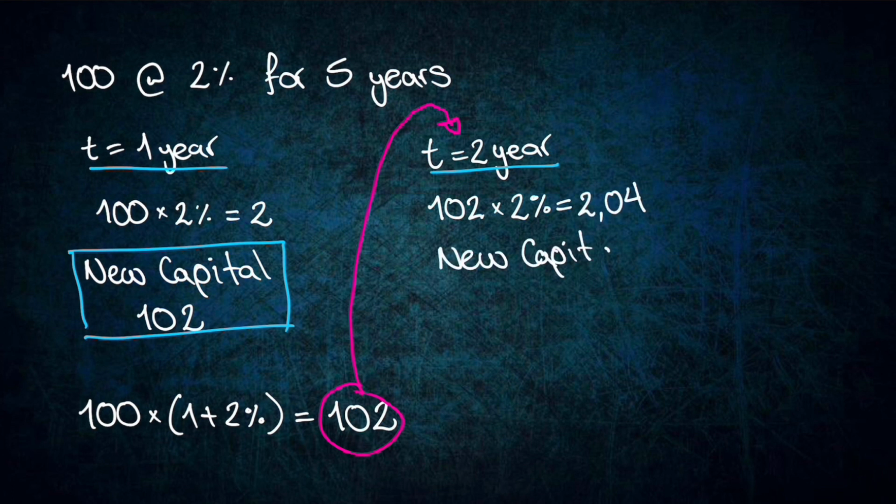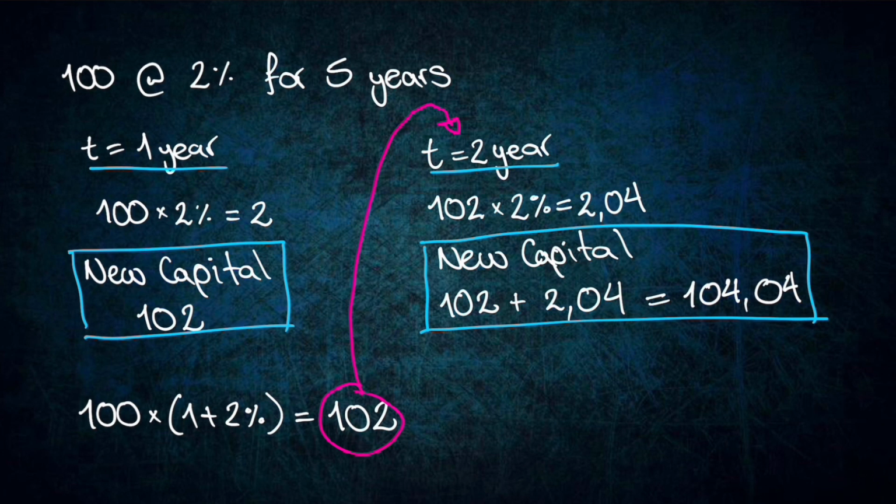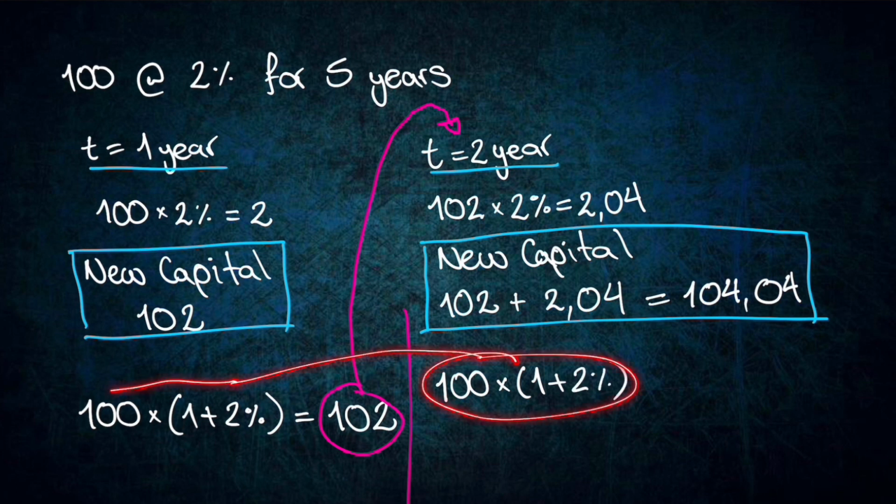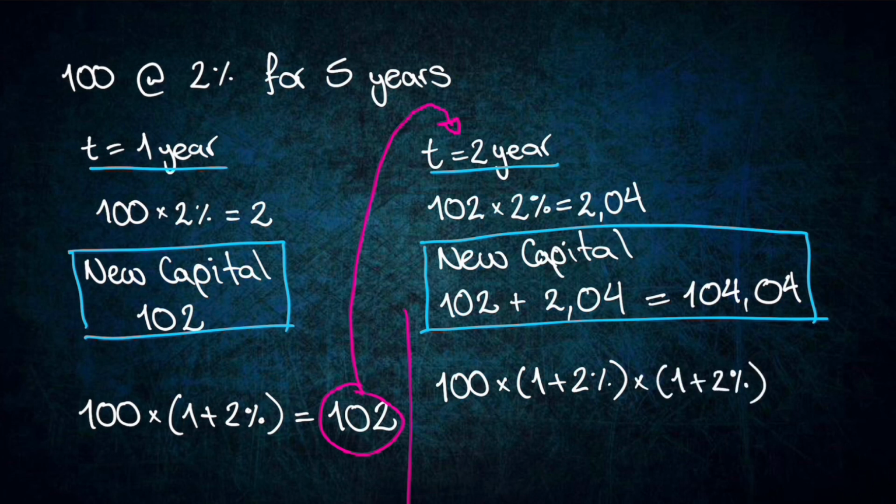So, at the end of the second year, we will have 104.04. This result is the same as if we have 100 multiplied by 1 plus 2%, which is the capital at the end of the first year, multiplied by 1 plus 2%. So we will get the same